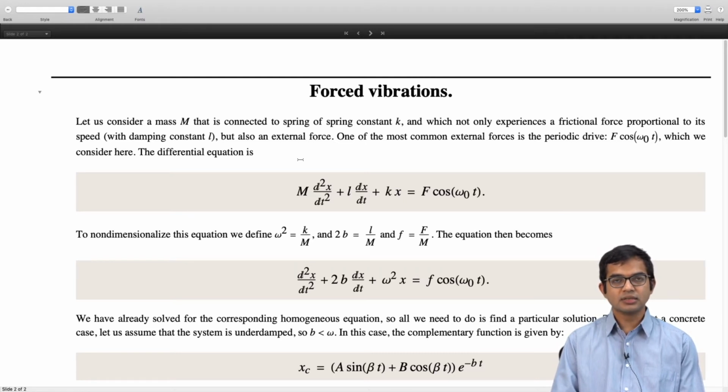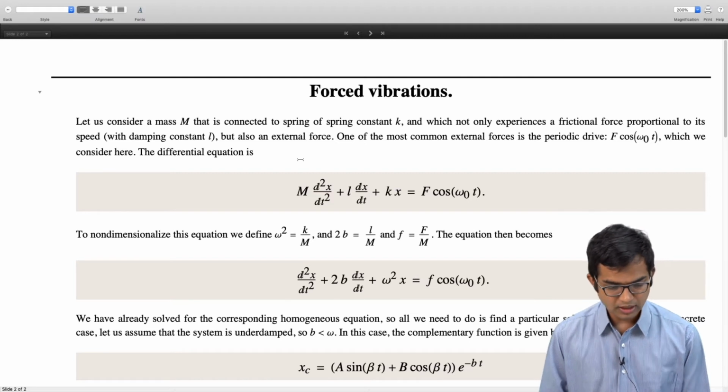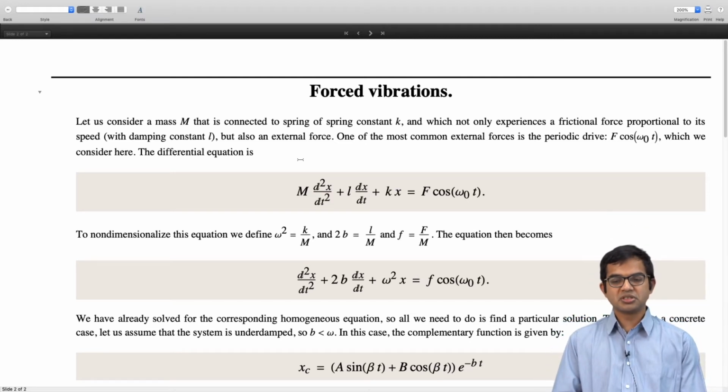So you see that there's omega, and there's also an omega naught, right? There's a knob as far as omega naught is concerned, which is in our hands, which we can control. And so we will see how the interplay of these different frequencies leads to interesting phenomena. So we already solved for the homogeneous equation, right? So we just need to work out a particular solution here.